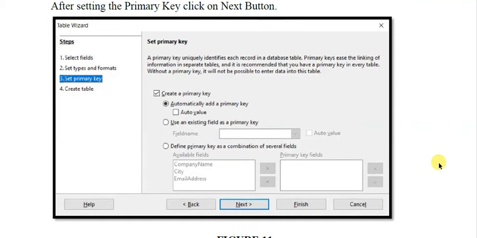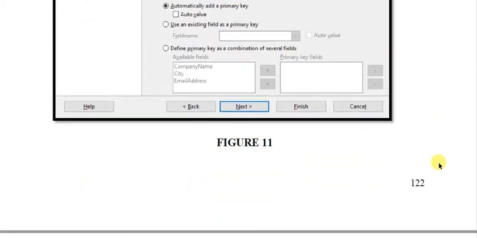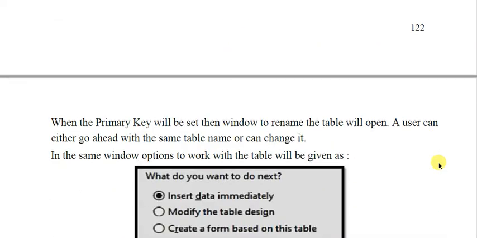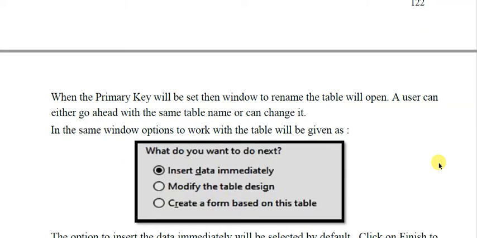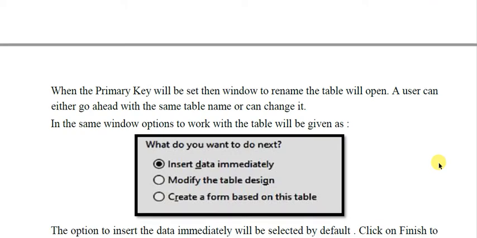So choose your primary key very wisely. When the primary key is set, then the window to rename the table will open. Then you will put a name for that table. A user can either go ahead with the same table name, or you can change it.